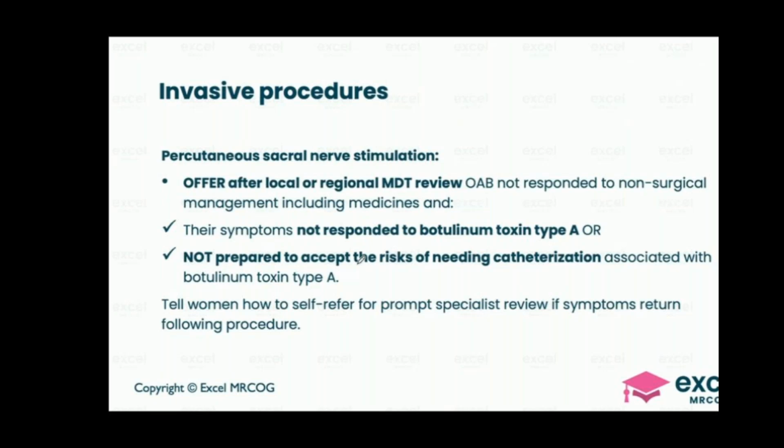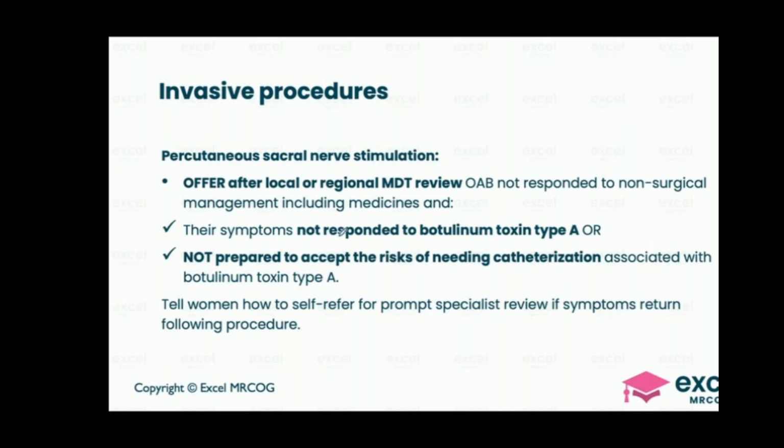So for this, after a local or regional MDT OAB review, you can consider percutaneous sacral nerve stimulation if the symptoms have not responded to botulinum toxin or the woman is not prepared to accept the risk of